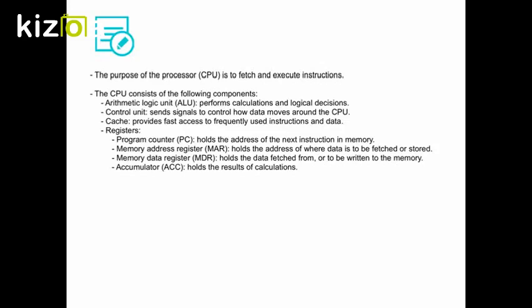So let's summarise to this point. The purpose of the processor, or CPU, is to fetch and execute instructions. The CPU consists of the following components: an arithmetic logic unit, or ALU, that performs calculations and logical decisions, a control unit that sends signals to control how data moves around the CPU, a cache provides fast access to frequently used instructions and data, registers, the program counter, or PC, holds the address of the next instruction in memory,